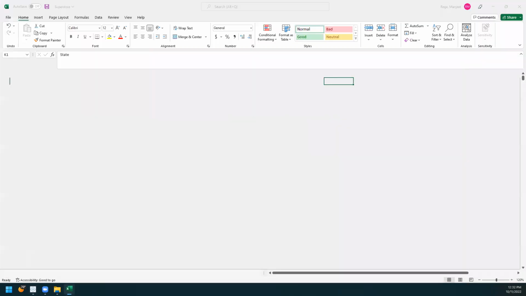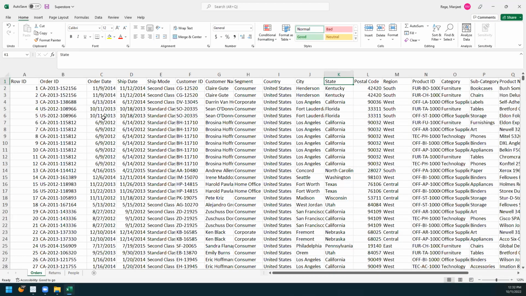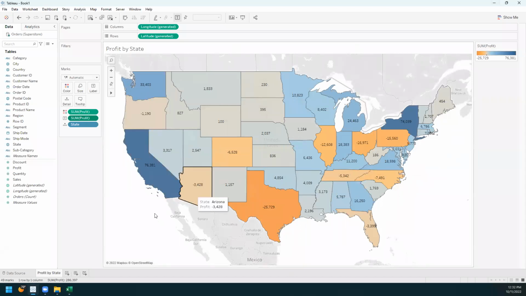When you look at this data set, order date has 2014, 2013, 2015. And when I look at this visualization here, this is right now giving me a total for all of the years, right? It is not giving me for one of the years. But what if I wanted to have a look at the profit and loss by year and not for all of the years? For that, we'll talk about a filter. But before we talk about a filter,